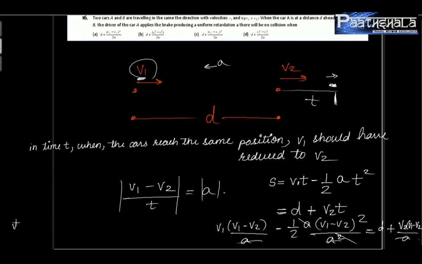So what we do get over here is V1 square minus V1 V2 minus half of V1 square plus V2 square minus 2 V1 V2 is equal to D plus V1 V2 minus V2 square. Alright,